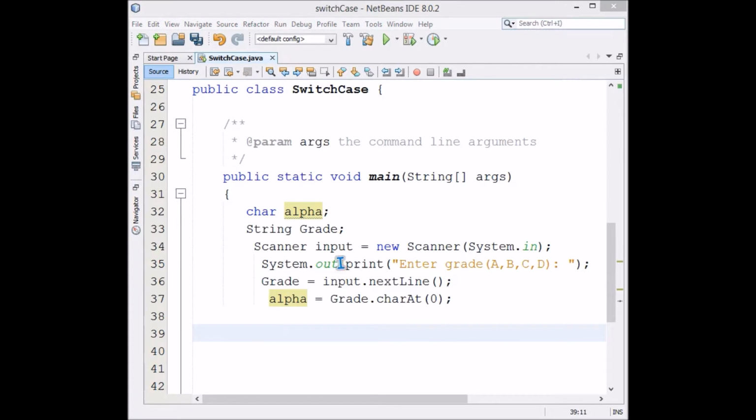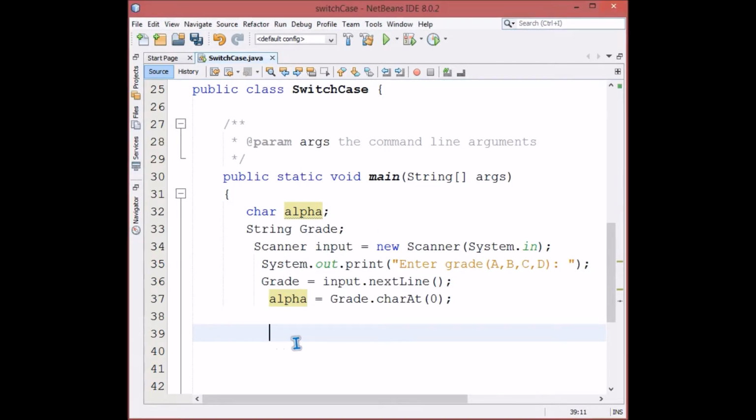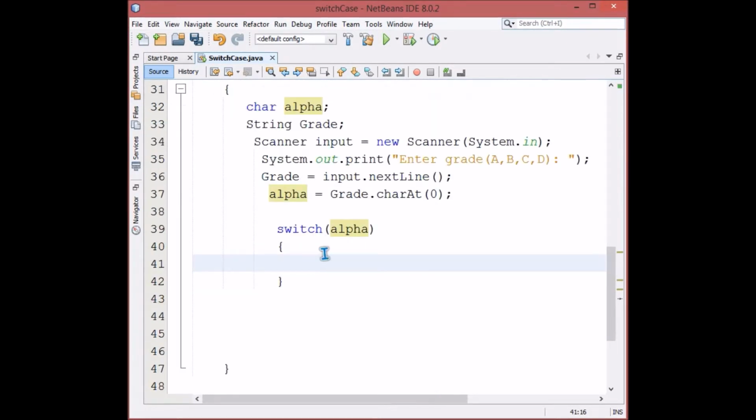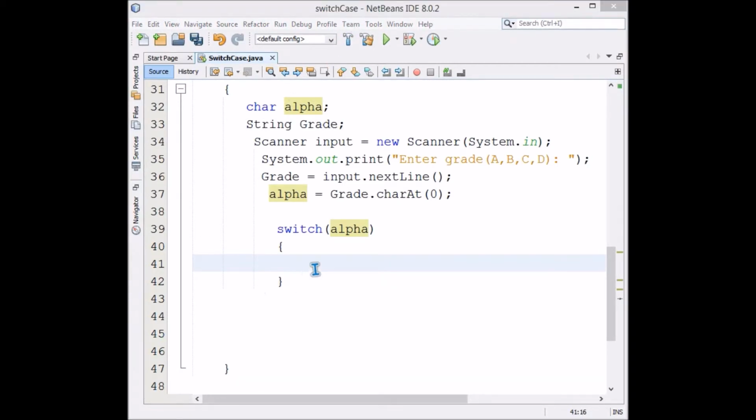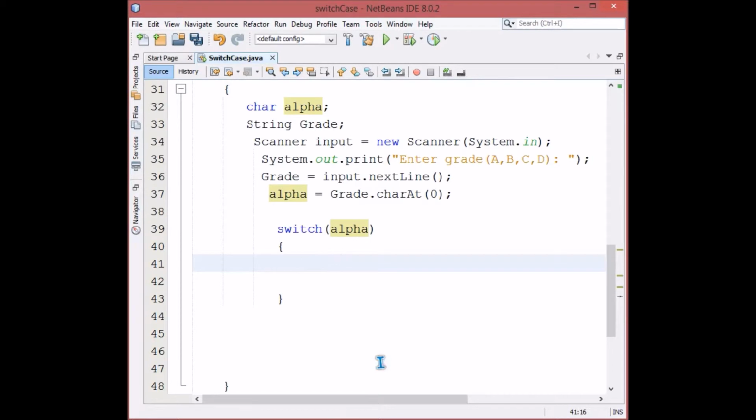Now we go to the switch case construct, and we pass this alpha, because alpha is a character, and inside this we will write our cases. Start making the cases.